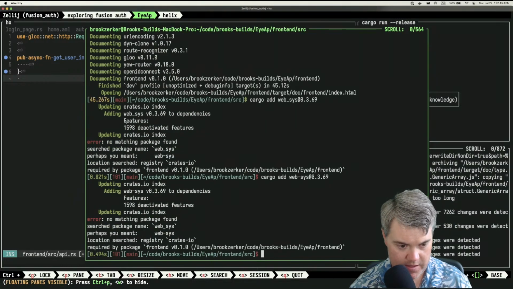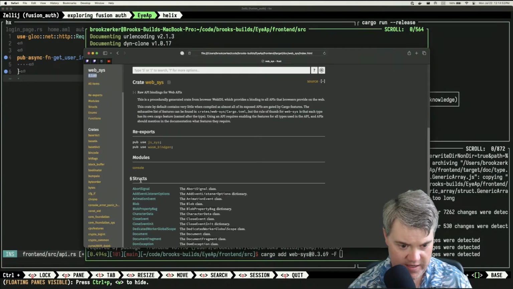Okay. Perhaps you meant WebSys. Wait a second. No patching, no matching? Wait. Updated crates.io index, WebSys version 0.3.69 added to dependencies, features. Okay, so I need to do that